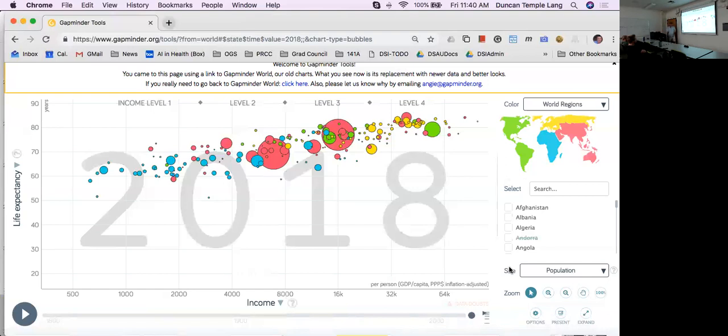It's really seriously hard to get 4 dimensions or 5 dimensions onto a 2-dimensional screen. You're going to have to give something else. One of the things you can do is have panels, so you can split this up, as I say, by year or by continent. You could do that, but now you're further away from each other, so you can't make the comparisons as easily. So if your goal is to make comparisons, you need to keep everything close. You're going to give up something.